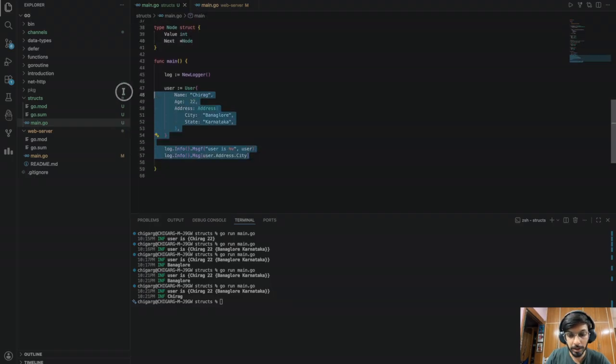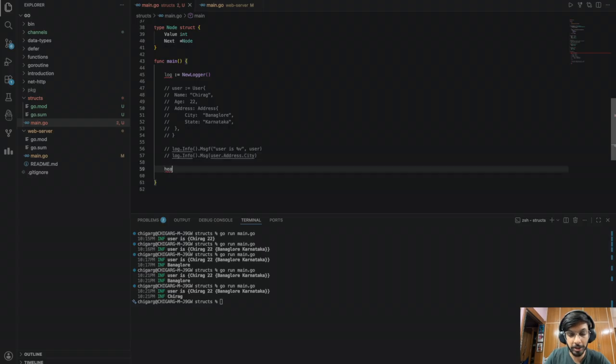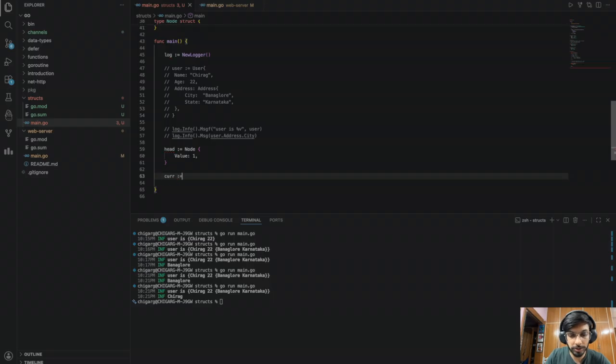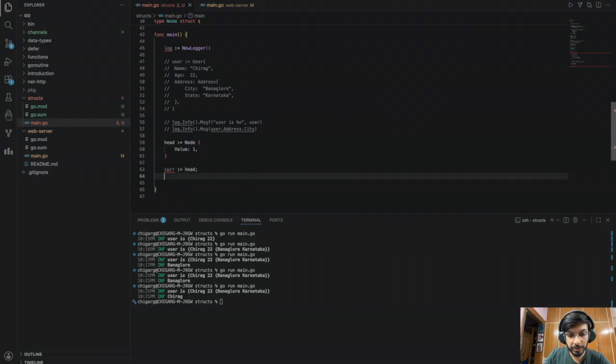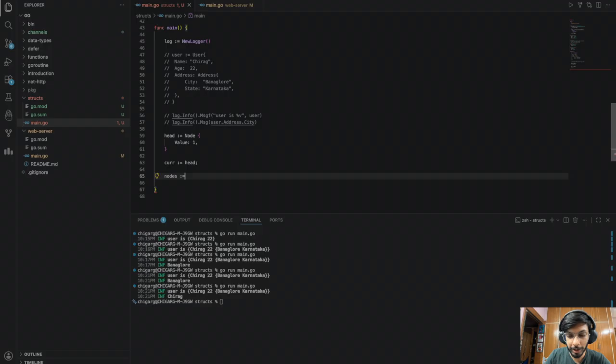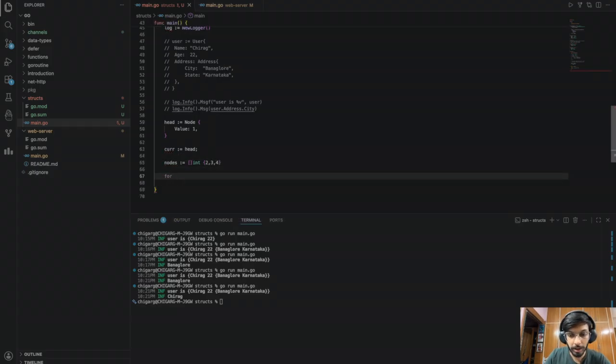So let's comment it out, and let's say I define a head node which is going to be a node, and it will have, let's say, value of 1. All right, and let's say I make one cur which is going to be of type head, and let's say I make nodes. I can probably write it in a better format, but that's fine for now, I guess. 2, 3, 4, and for i, range nodes,